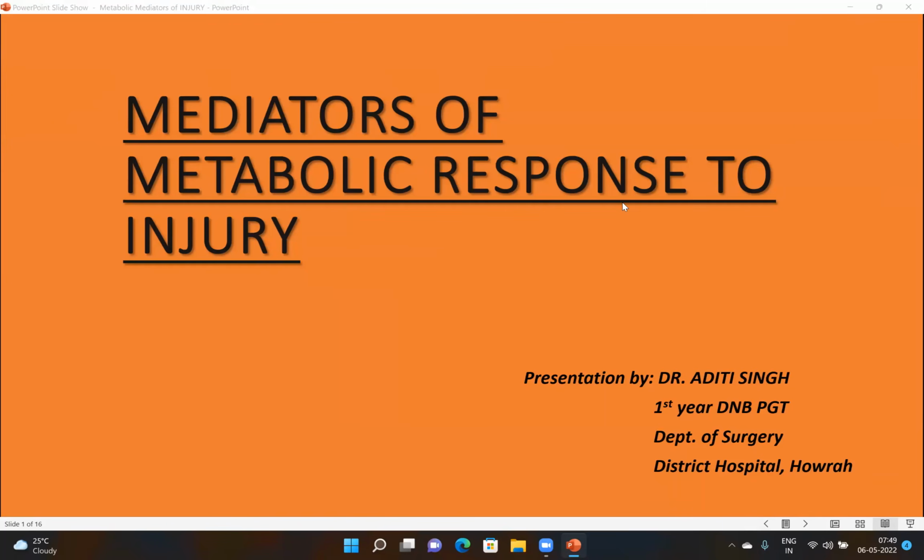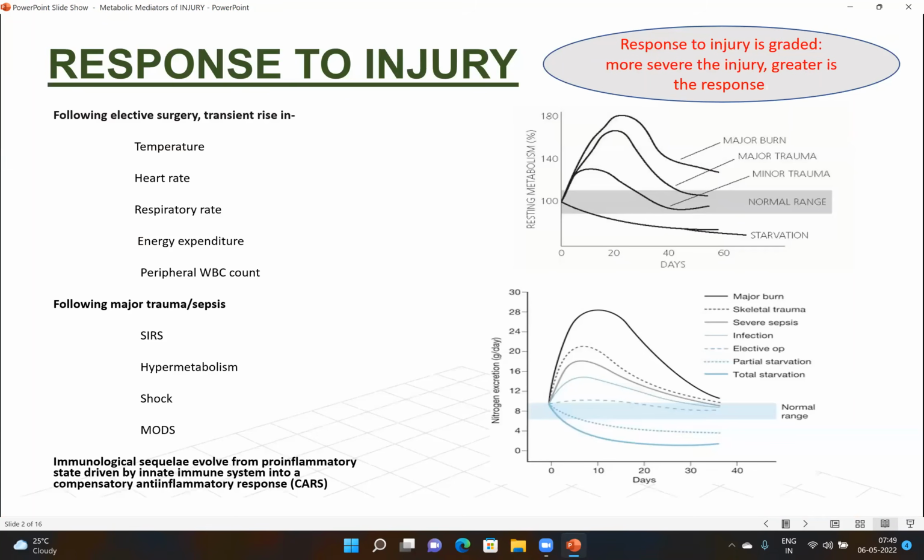My topic is mediators of metabolic response to injury. Whenever an injury occurs, the response is graded. The more severe the injury, the greater the response. Following a minor injury or an elective surgery, there is a transient and modest rise in temperature, heart rate, respiratory rate, energy expenditure, and the peripheral WBC count. But following a major trauma or sepsis,